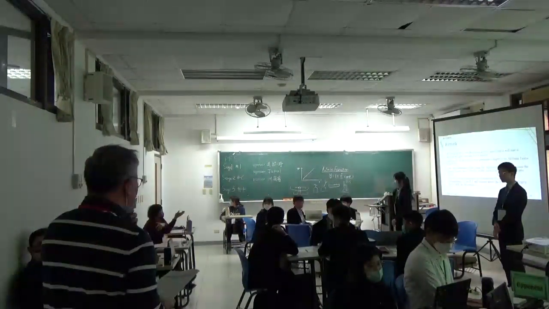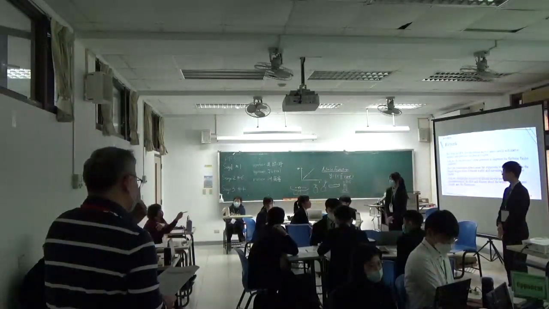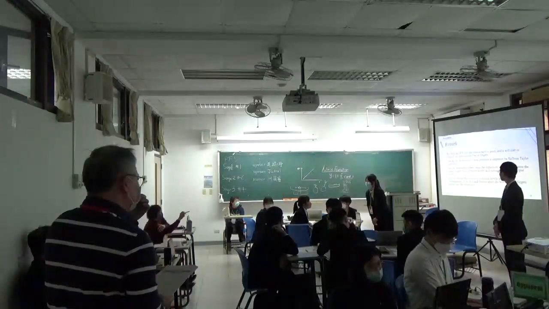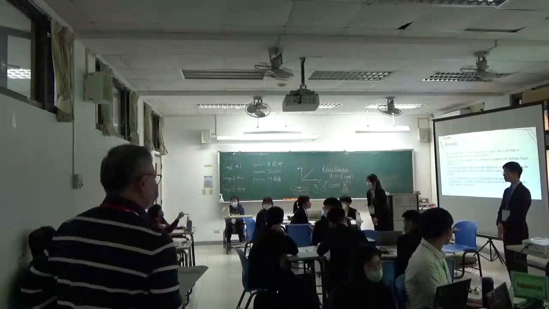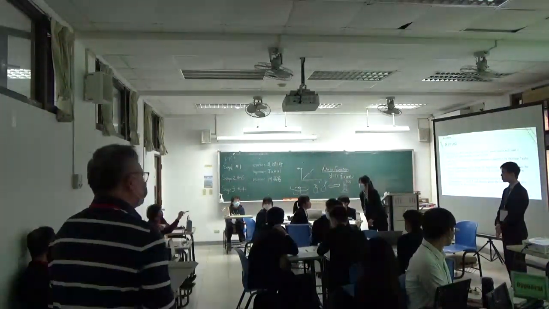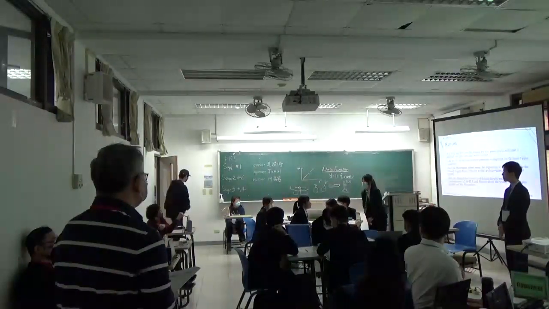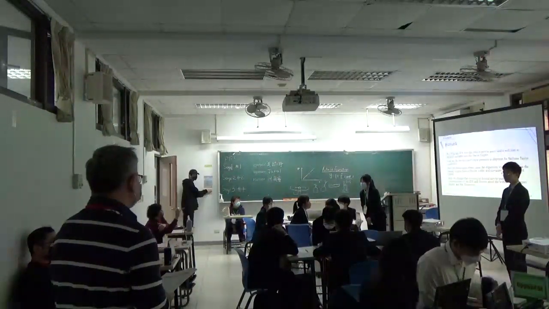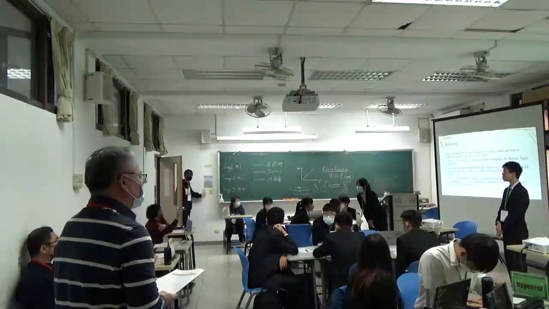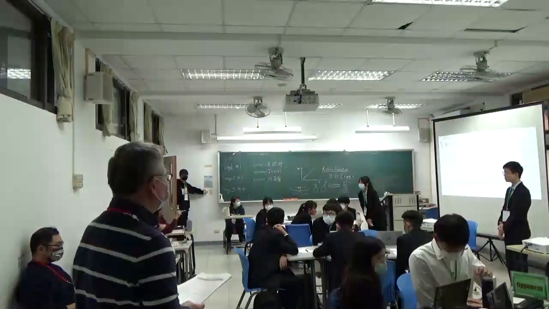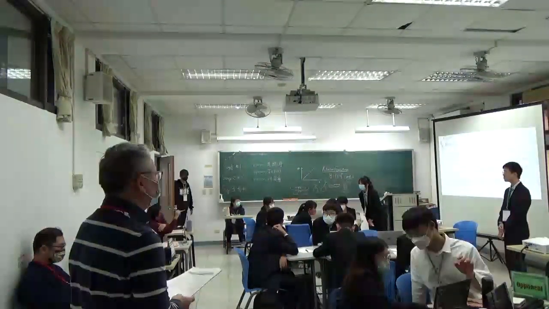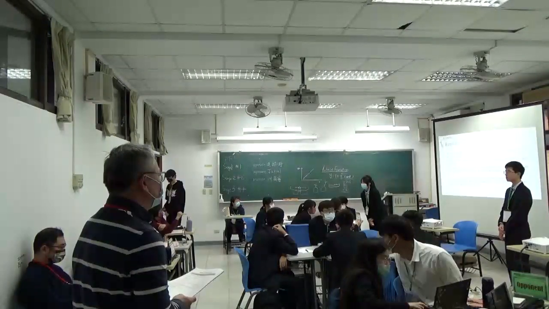Question for the researcher. Could you comment on your definition of the width, finger length, and the dimension? Do you think there's a correlation between these three parameters? Your finger width, your finger length, and your dimension of your fingers. Could you comment on the relationship of these three parameters?